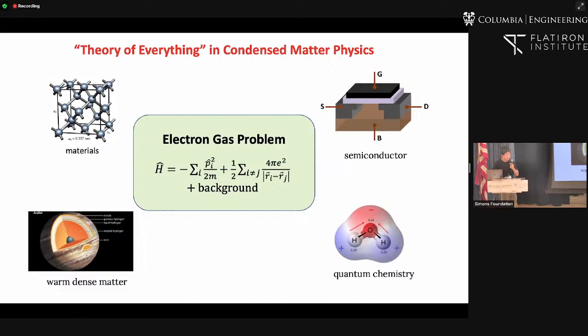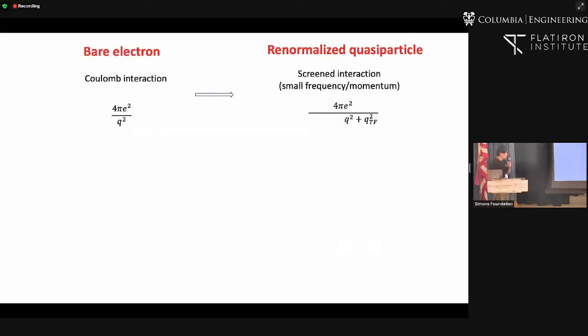But here we will start with the simplest case of the electron gas problem, basically known as the uniform electron gas or the Jellium model, and it models the valence electrons in simple metal. So when we go down the energy scale, to lower energy scale, the valence electron in simple metal is described by Landau Fermi liquid theory, and there are two effects. Firstly, the electrons will be renormalized to quasi-particles near the Fermi surface,